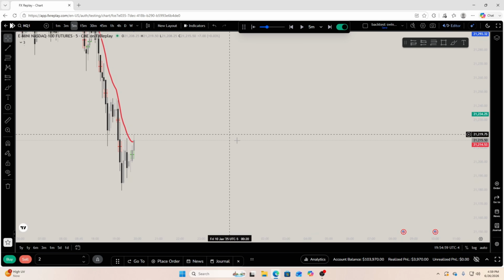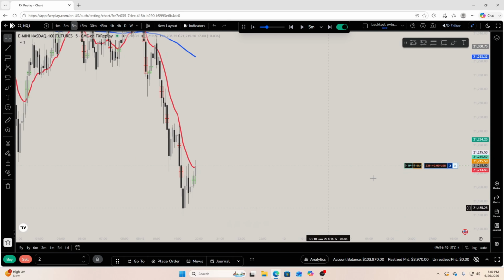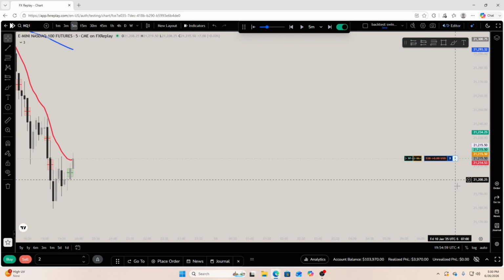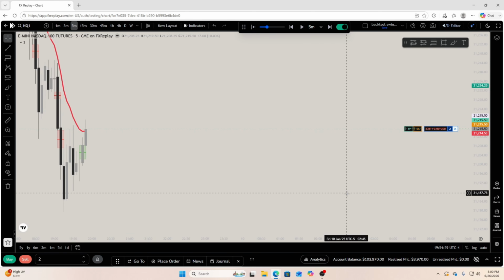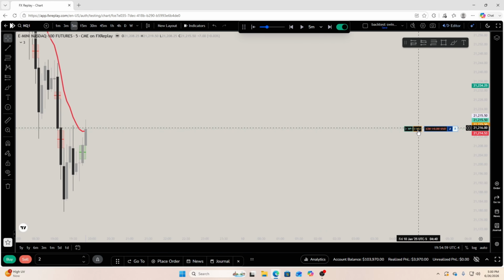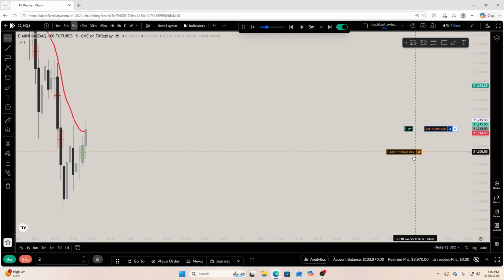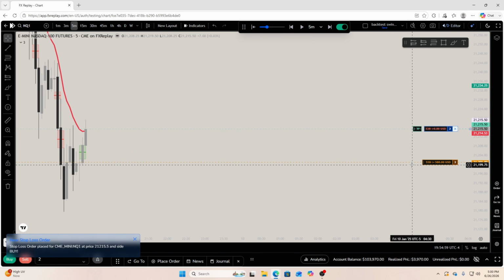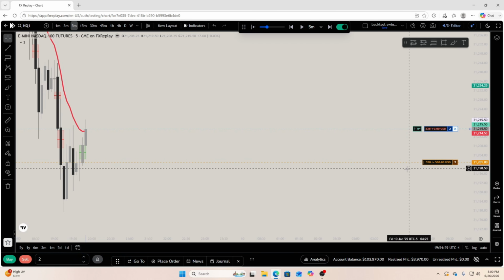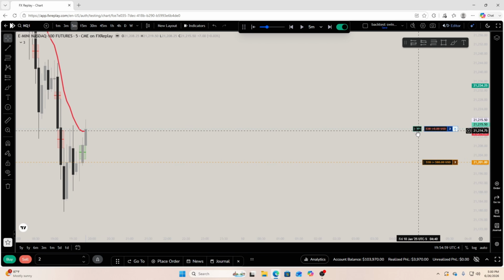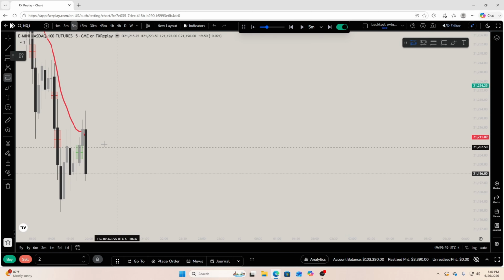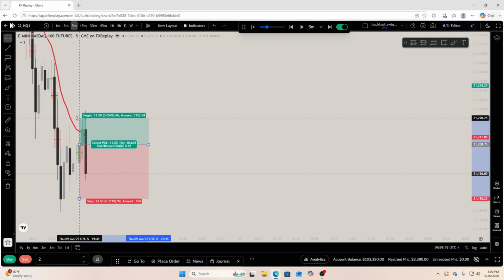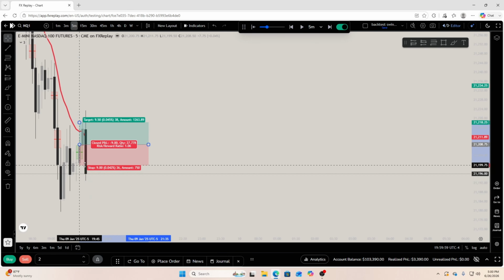Let's see if this trade plays out. Here we're going. This is actually a good example where we're going against the trend. But you see this candle has no bottom wick, so I'm kind of iffy on it. I might bring my stops a little bit lower than the bottom of the candle. It's wickless, so whenever you have a wickless candle, it's always gonna come back to create the wick. So let's just see how this plays out. Like I told you, so that time didn't play out. Realistically, I probably wouldn't have taken this trade, only because